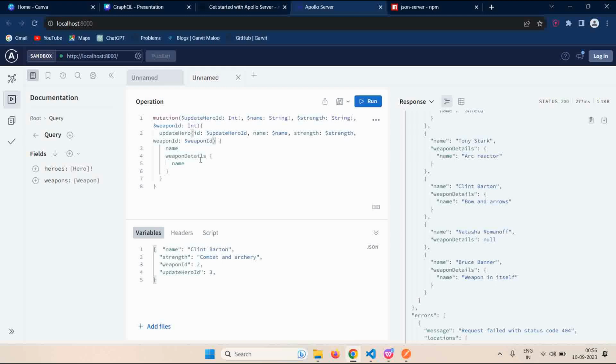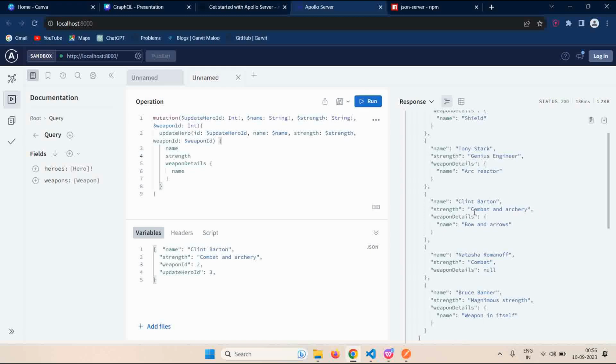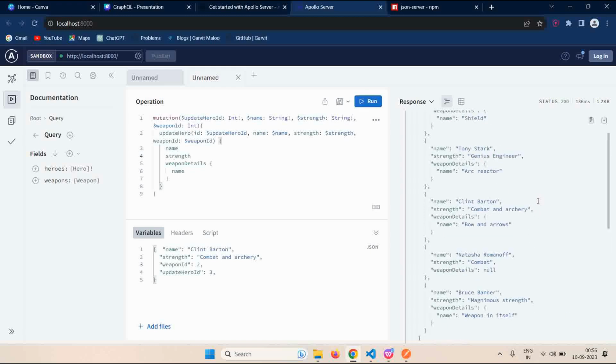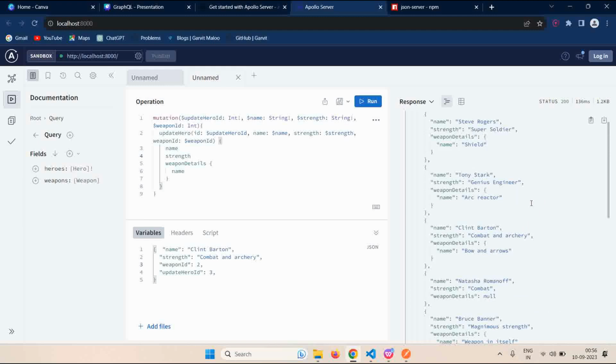What is the thing? Okay, I have updated this. I updated the strength, so I need to see the strength also. Let's see. Combat and archery. Yes, it got updated. Okay, so our update mutation is also working,